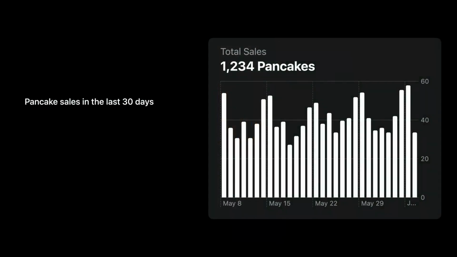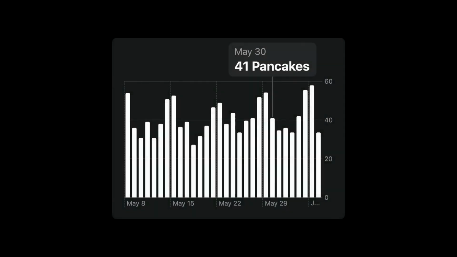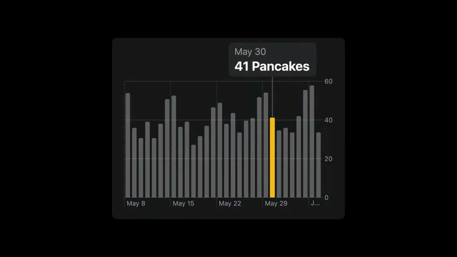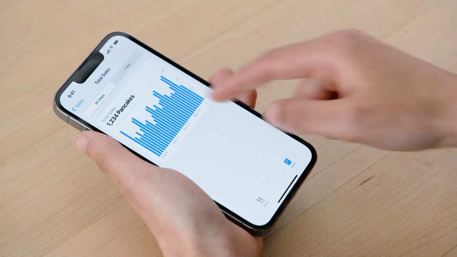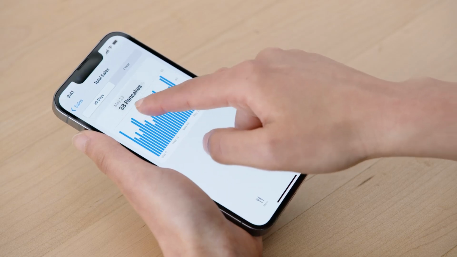We have an opportunity to enhance our pancake sales chart with interaction. Our food truck owners would find it useful to see exactly how many pancakes were sold on a particular day. We can offer that with an interactive tooltip, which lets us touch the chart to highlight and read these specific values. To make these touch-based interactions easy to use, make sure to use large touch targets. So instead of making touch targets on our chart the same size as our marks, adding padding and stretching targets to the full height of the chart makes it easy to use our tooltip because you can touch any part of the chart, including the white space above the bars.